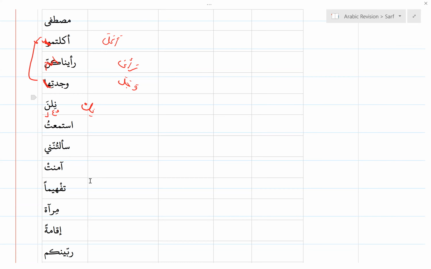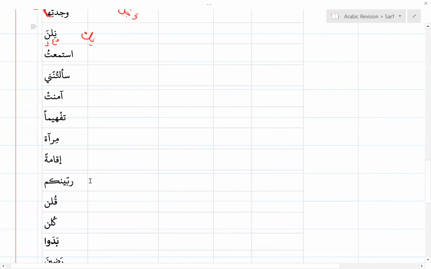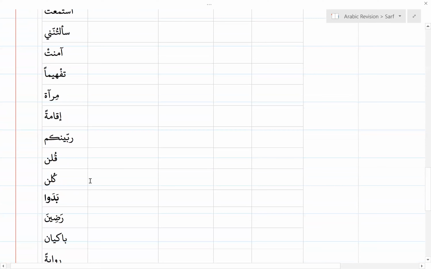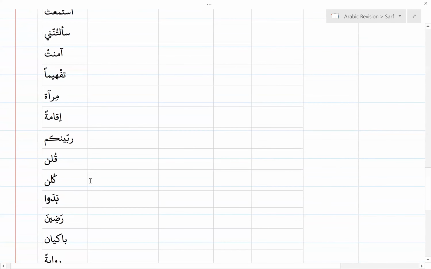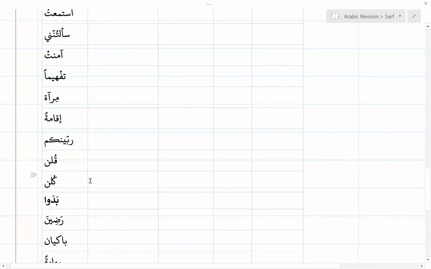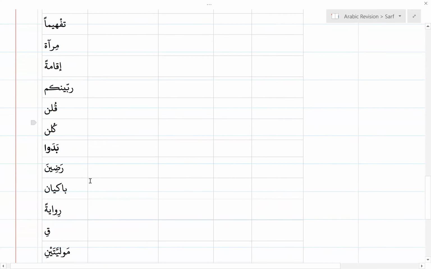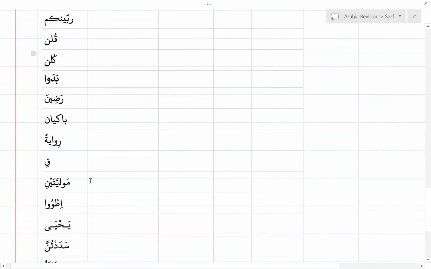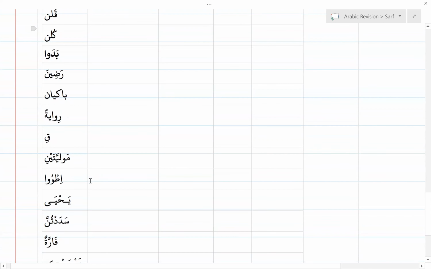Smooth it out. I want to pick maybe 2 difficult ones, because especially isms are the ones that are a bit challenging. With fi'ls, you can take it to the huwa version and it's done. With isms, you have to take it to the huwa version and start matching. Like, which ism fa'il do I know that sounds like this? Or which ism maf'ul do I know that sounds like this? Which is a bit of a process. So I don't know which one to do.